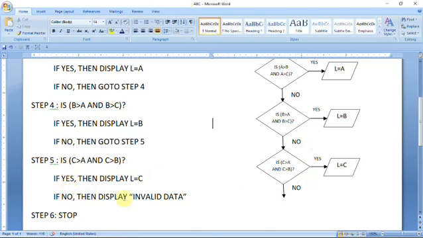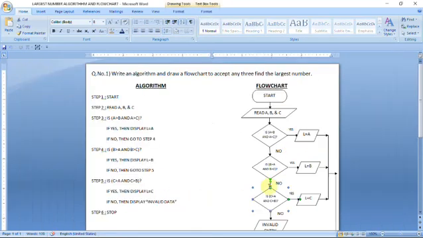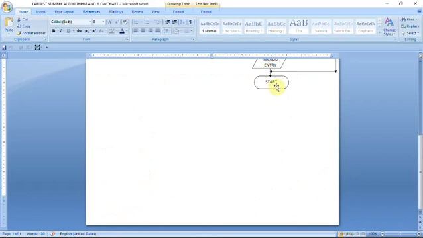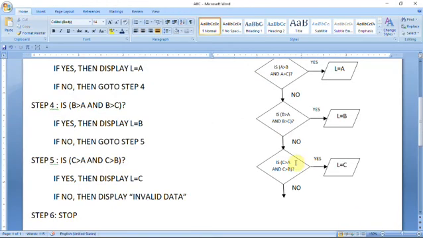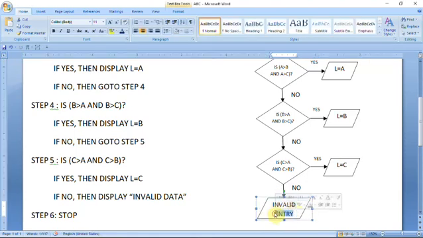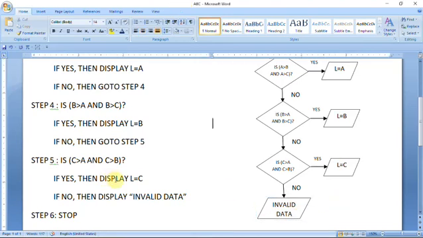Here you can see then display invalid data. Then we should display invalid entry or invalid data. Invalid entry also we can write, but in our algorithm we have written invalid data, so I want to write invalid data. If all the conditions become false, then invalid data will be displayed.